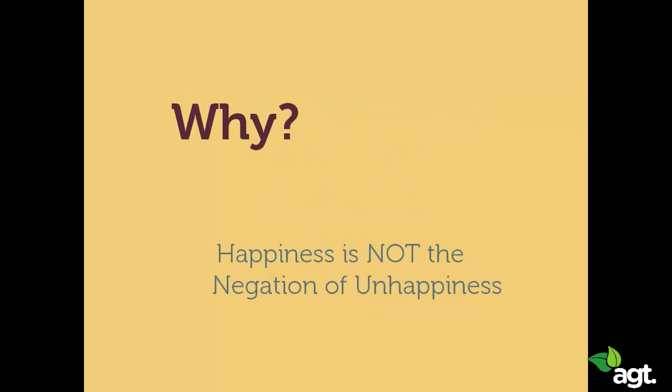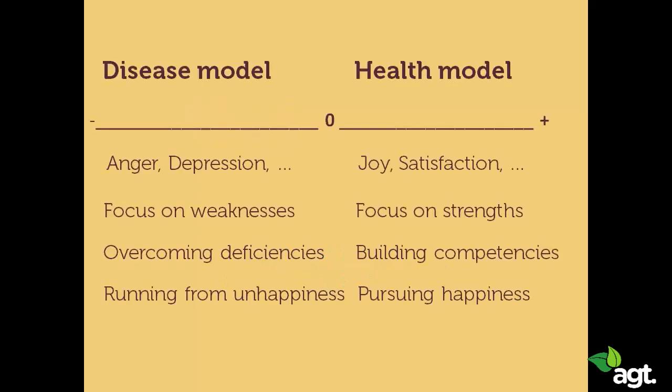First, underlying this new approach is an understanding that happiness is not the negation of unhappiness. Let's look at these two models here, the disease versus the health model, that demonstrate this kind of thinking. Over the last 1.5 decades, it has become very clear that, for example, overcoming depression does not mean that you are happy and flourishing. It takes a different skill set, so to say, to go from -5 to 0, then from 0 to, let's say, +7. The area from -10 to 0 is only half of the story.